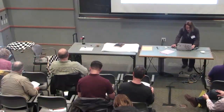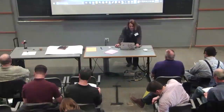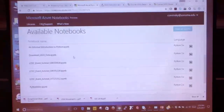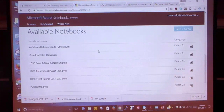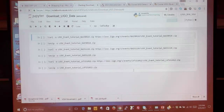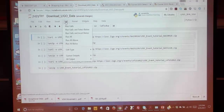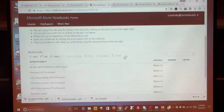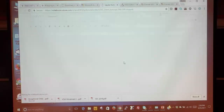Since we still have time left, I want to show you the LEGO Open Science Center stuff. Okay, here it is. There are a couple other Python notebooks in here that you could use if you wanted to learn Python, but they just seem to come with all of these Microsoft Azure notebooks. This one starts with downloading the data. This is just to get all the data in play, and basically the way these Jupyter notebooks work is you go to where it says cells and you say run all. It takes a little while to get all the data, and then it's done, and then we can go back to this notebook and run the event tutorial for, say, the first discovery event,